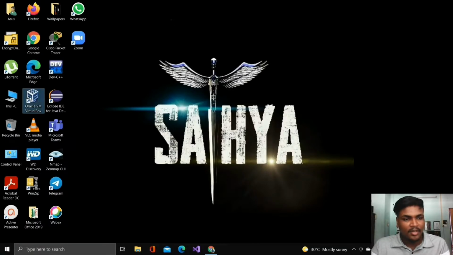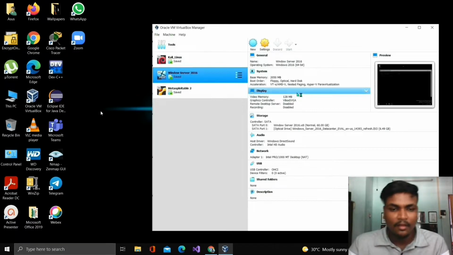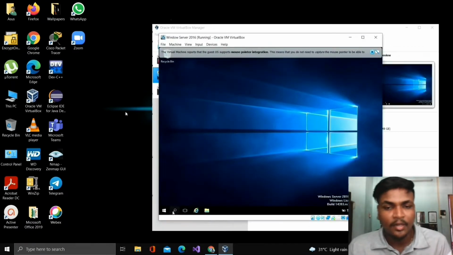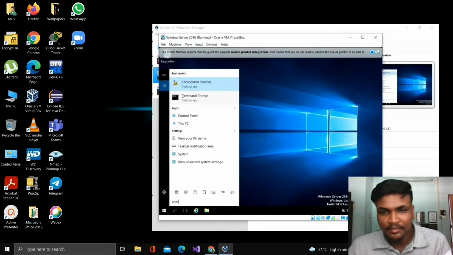Firstly, you need to open VirtualBox and then click Start on the Windows Server. Open Command Prompt in your device.